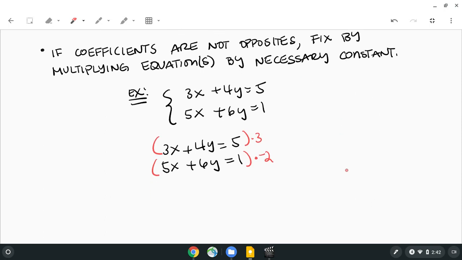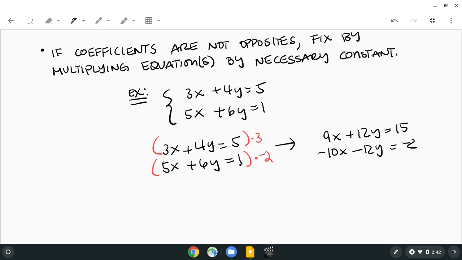Okay, so you have to remember to multiply all the terms. So all 3 of these get multiplied by 3. So I get 9x plus 12y equals 15. And for the second equation, I'm going to get negative 10x minus 12y equals negative 2. And we see here